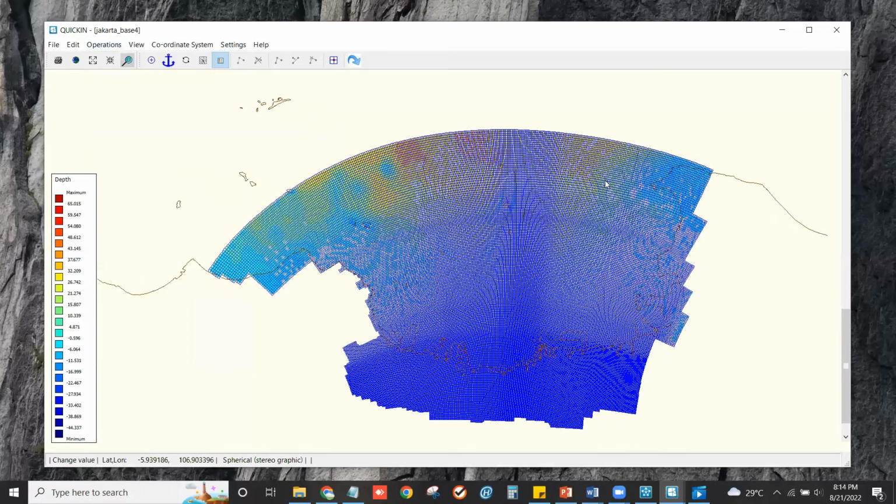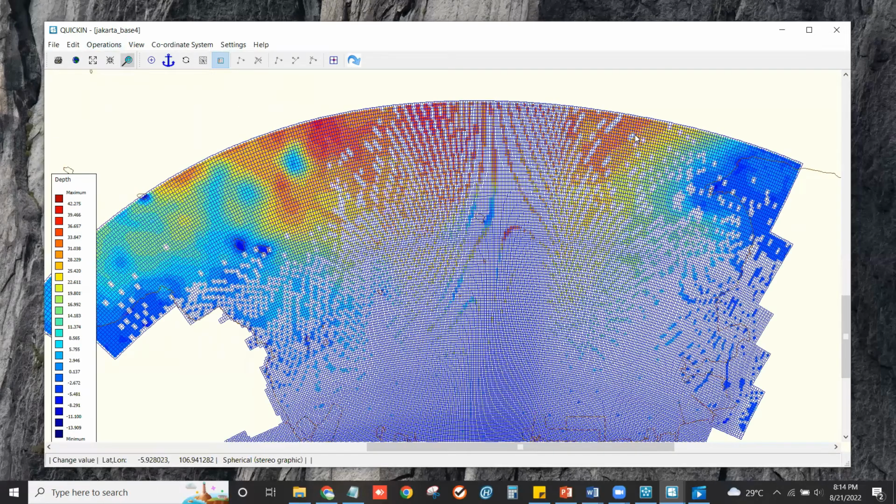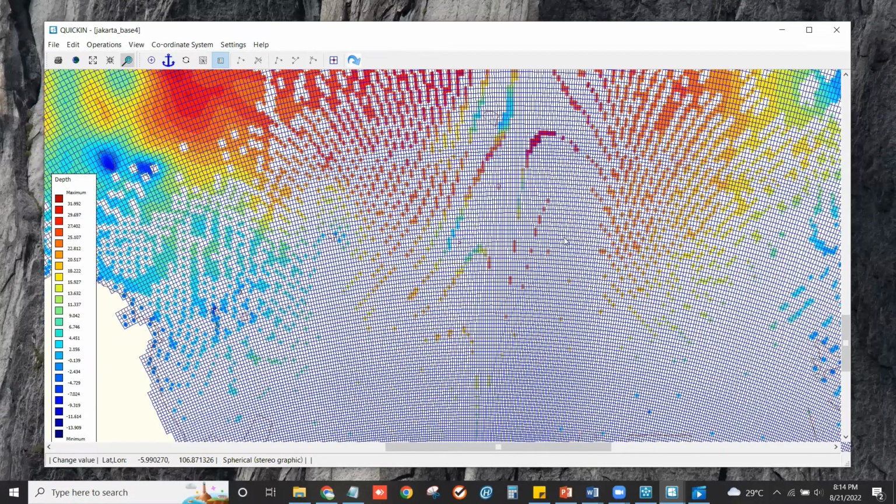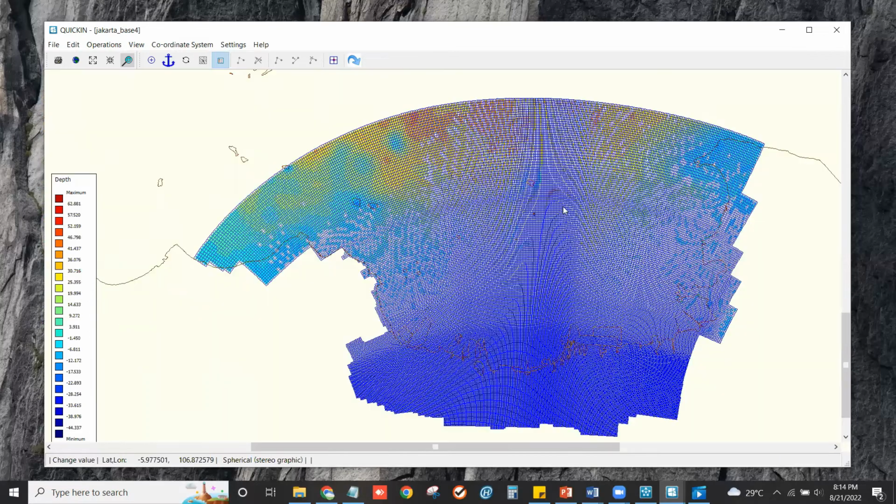Okay, this is the result, and there is no value on any grid, maybe because there is just one point or dot in the grid.